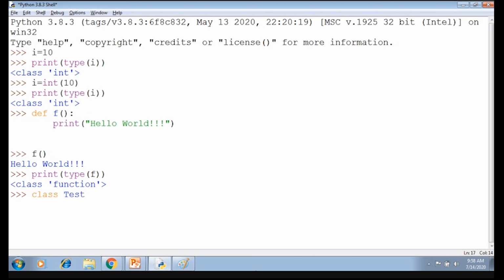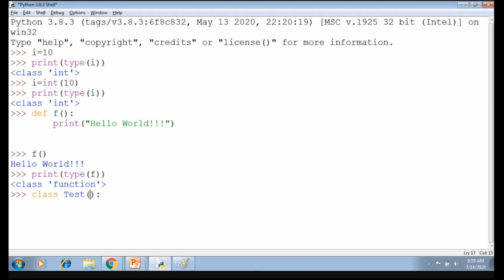The Python 2 rule was that you were supposed to also write in brackets here the parent class name. Same as Java, in Python also, no class is an orphan. Orphan means without parents. So in Python, never will any class be without a parent.